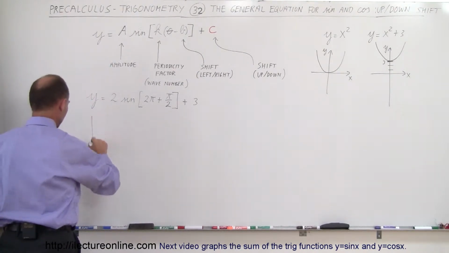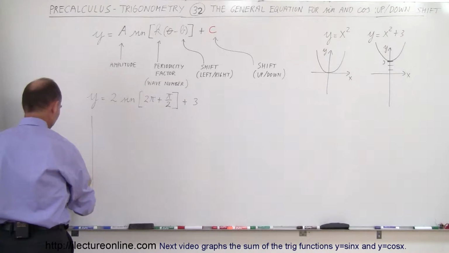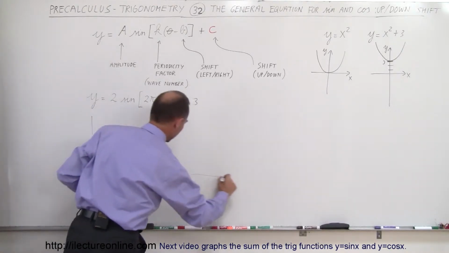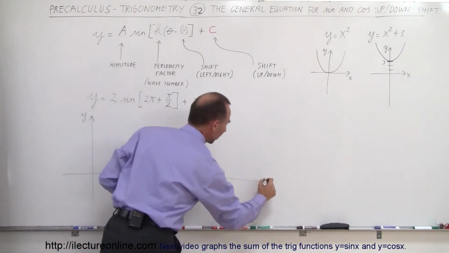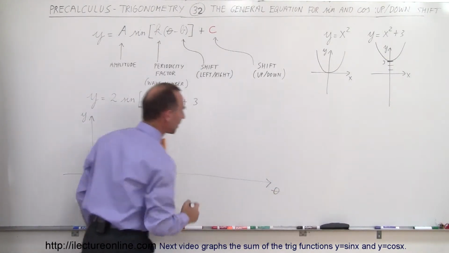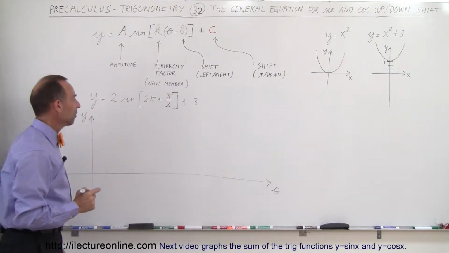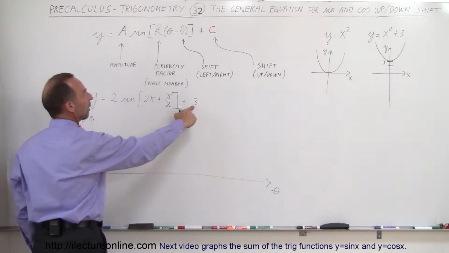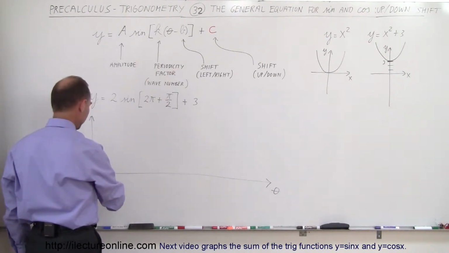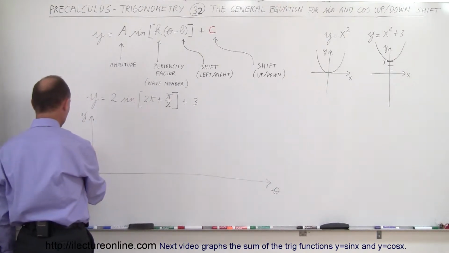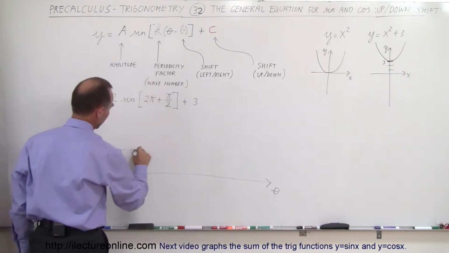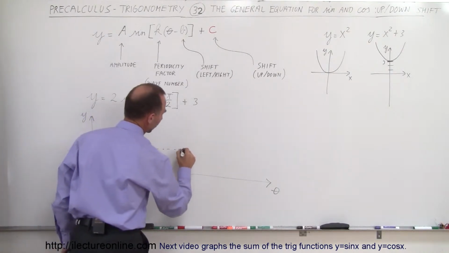So first of all, let's graph the vertical and horizontal axis. So on the vertical axis, we have the y variable. On the horizontal axis, we have the theta variable, the angle variable. So the first thing we want to do is find the upshift. The upshift is 3 units. So from the horizontal axis, we're going to go up 1, 2, 3, and draw a dotted line there, because that will be the center for